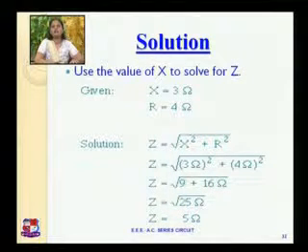Now use the value of X to find the value of Z, which is the impedance of the circuit. Now net value of X is equal to 3 ohm, value of resistance is 4 ohm. Now equation of Z is